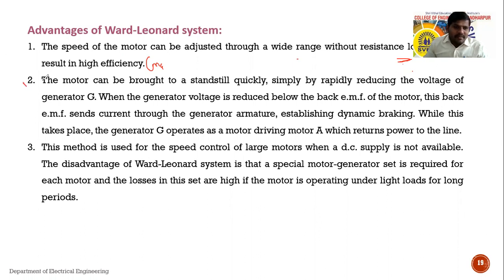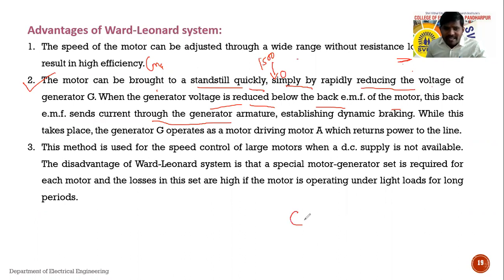The second one is that the motor can be brought to a standstill quickly. That means a motor running at 1500 RPM can be brought to a standstill condition, the zero position, quickly, simply by rapidly reducing the value of the voltage of the generator. When the generator voltage is reduced below the back EMF of the motor, this back EMF sends current through the generator armature. See, if the generator voltage is reduced below the back EMF of the motor, that means the supply voltage is less than Eb,